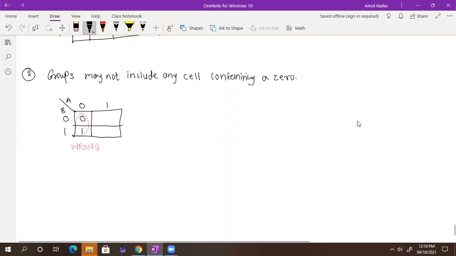So how are you going to make a group? Here A is the A outcomes, here B is the B outcomes. Here I have 0, here 1, here 0, here 1. Here I am getting 1, here 1, and suppose you have 0 here. So you need to make a group like that. So this is right.